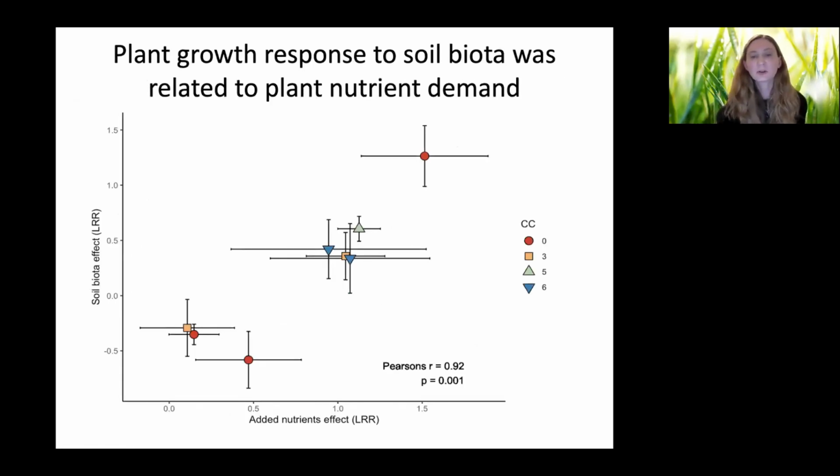We also did an experiment to try to get at another mechanism of looking at how these different plants respond to added nutrients. On the x-axis here, this is increasing nutrients that were added. And then this is increasing response to the local soil biota. What we found is that the plants that responded most to the added nutrients also responded most to the added organisms. And so what this suggests is that these plants may have higher nutrient demands that they're able to meet either through fertilization or by forming associations with these organisms that can help them get more nutrients.